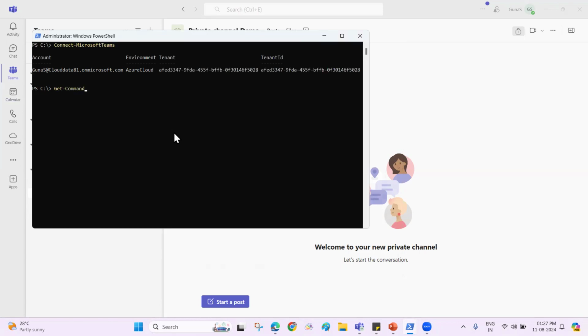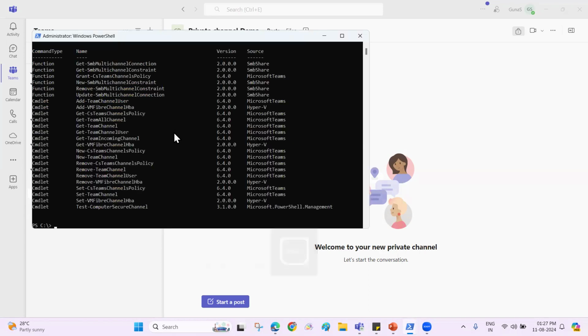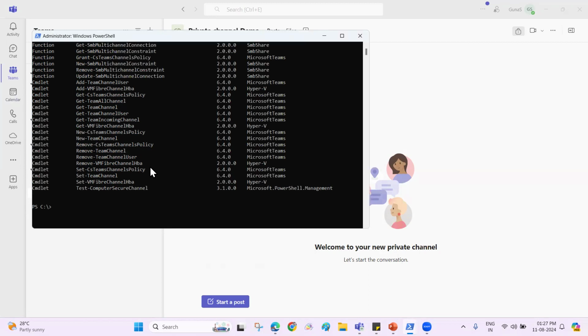Get-command -name *channel*. What are all the commands available for creating the channel that we can see here? See, there are a couple of commands. Here you see the New-TeamChannel command is also available. So using this command, I am going to create a new team channel. So before creating a channel,